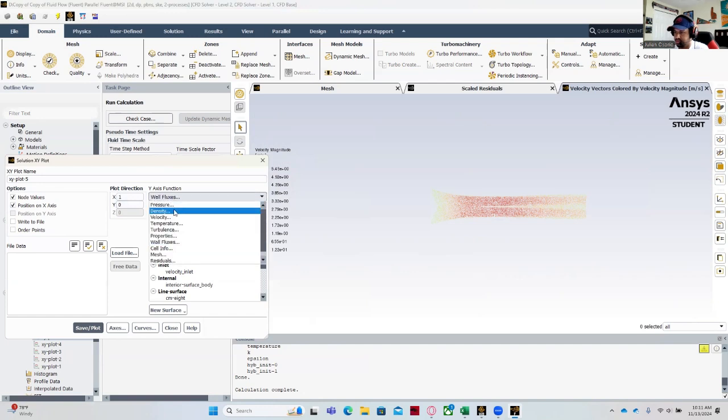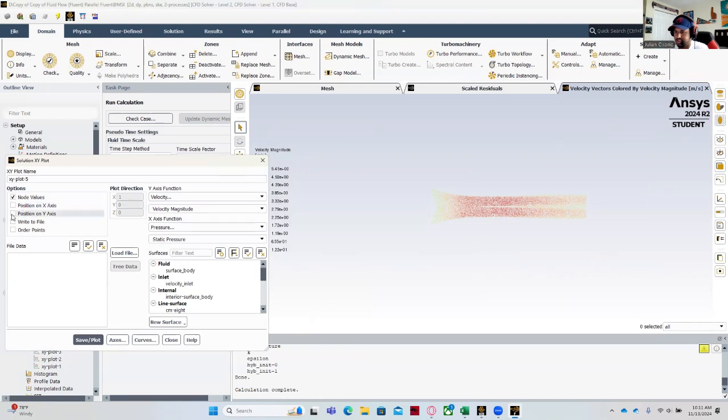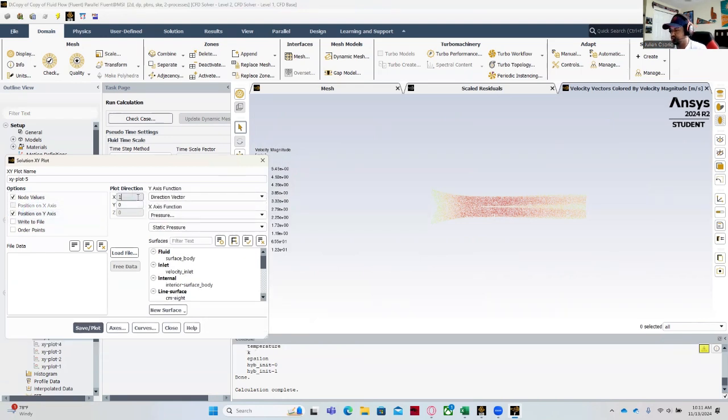We'll go here to velocity. Well, first we have to position it on the y-axis. Then we'll change this to 0, 1. And then we come here, we click down here, velocity. And then we'll have the 3 points that we measured with the real blue wind tunnel: 2 centimeters from the front of the plate, 8 centimeters from the front of the plate, and 16 centimeters from the front of the plate. So if we click the 2 centimeters, the way we have it with our wind tunnel,